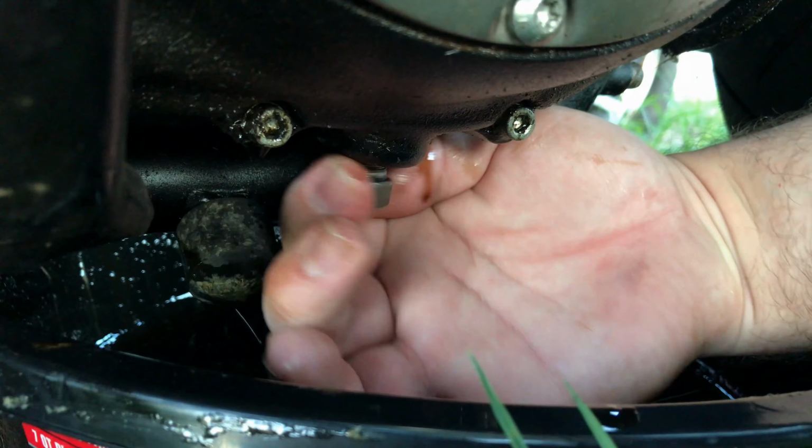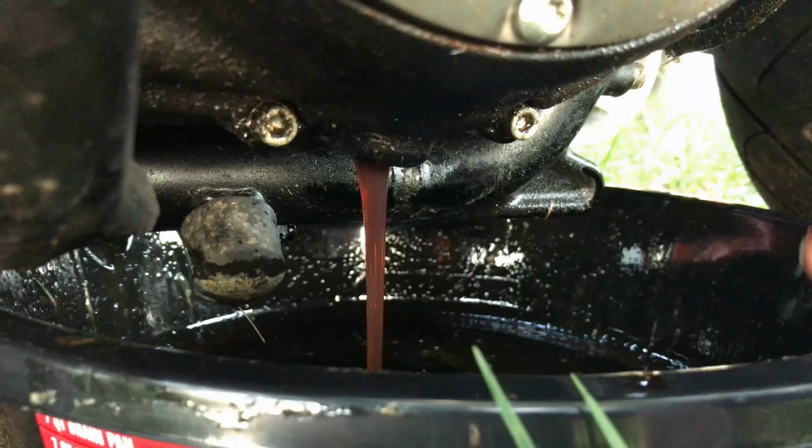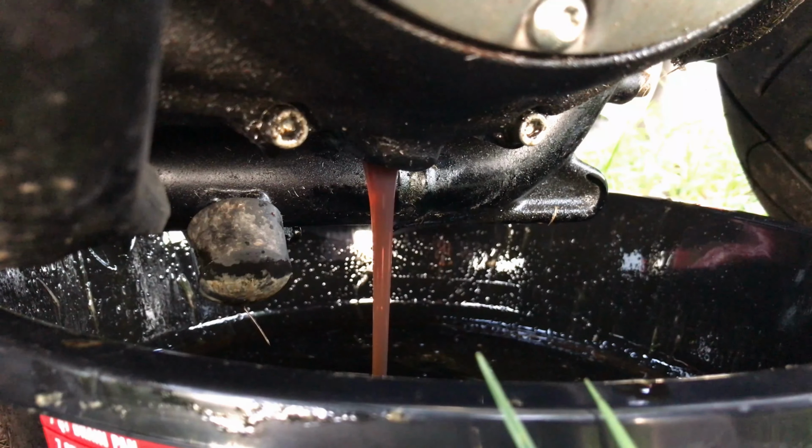Hey guys, today we're going to be working on a 2014 or 2016, whichever it is, 883 Harley Davidson Sportster. And we're going to be changing the primary drive oil. Now, the drain plug on this one is a 5/8 socket, fits it. Now this is on the left side of the engine on the bottom, near where your foot would sit near